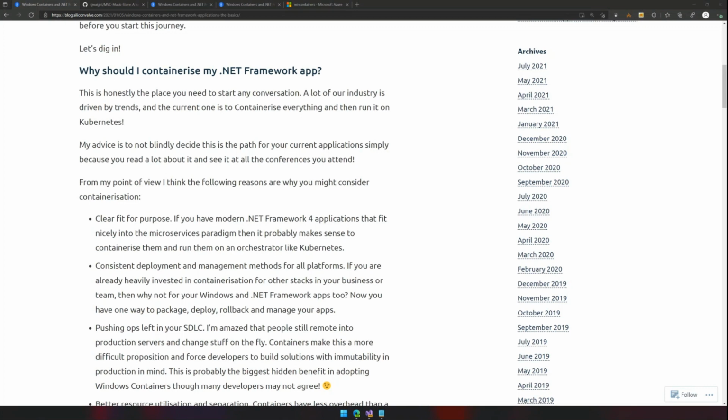So I'm going to start by talking about why do we want to containerize our apps? And I would start by saying, if you're doing file new project today and you're using .NET, you're unlikely to be using .NET Framework. If you are, you might have a valid reason to do that. I would say that the hosting structure for your application wouldn't be a Windows container.